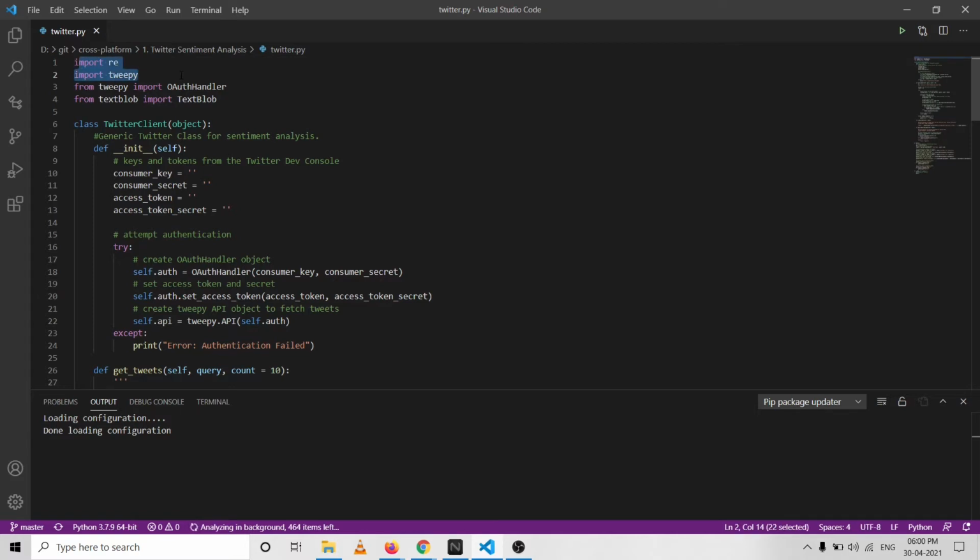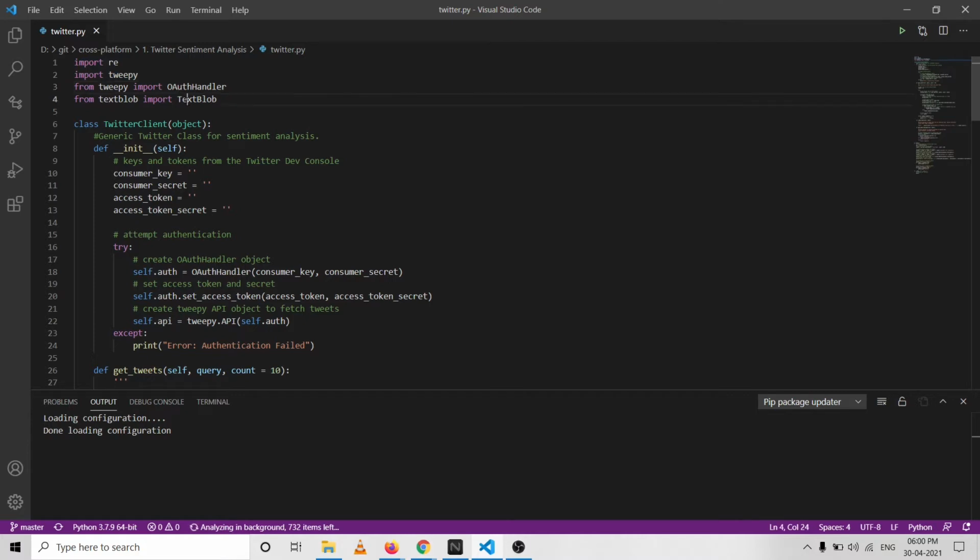Tweepy is a Python open source package that gives us a very convenient way to access the Twitter API with Python. Tweepy includes a set of classes and methods that represent Twitter's various models and API endpoints. It transparently handles various implementation details such as data encoding and decoding. Tweepy is great for simple automation tasks and creating Twitter bots.